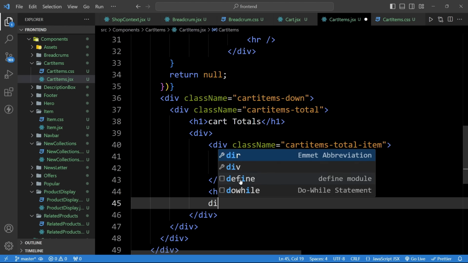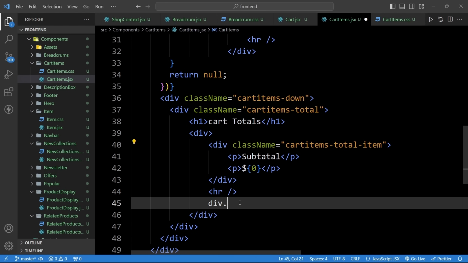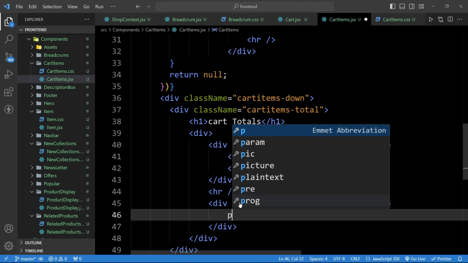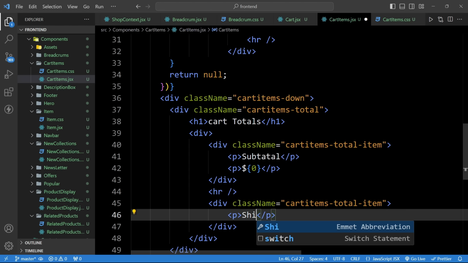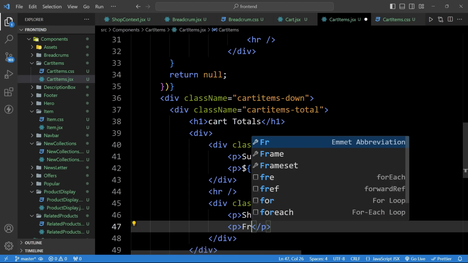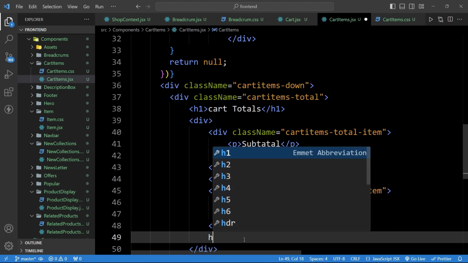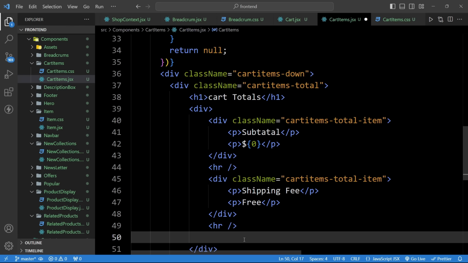and here we will create one div and the class name will be same, cart items total item. In this div, we will create two paragraph tags. So first one will be shipping fee, and the second paragraph tag will be free. After this div, we will add one HR tag, and after that we will insert a div with the same class name,